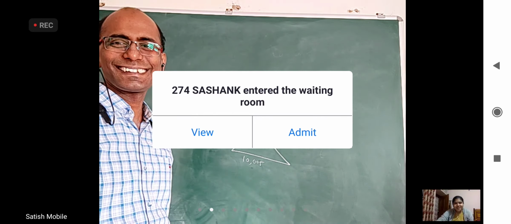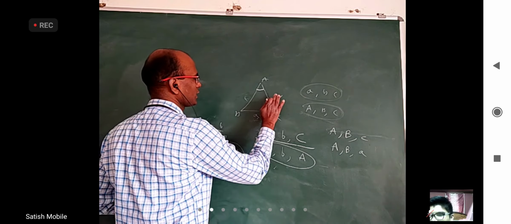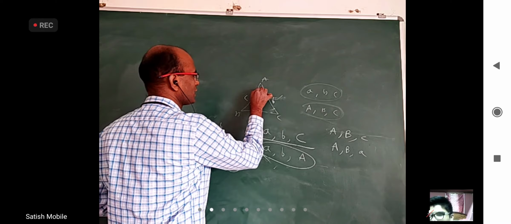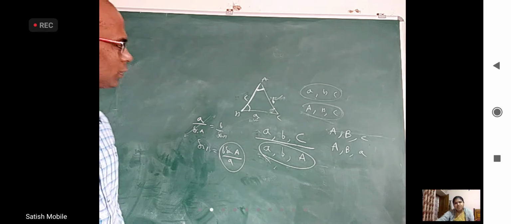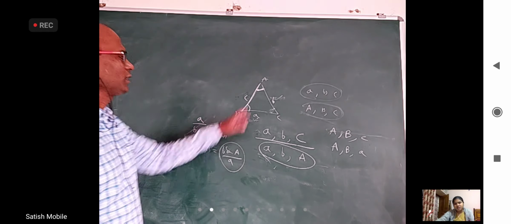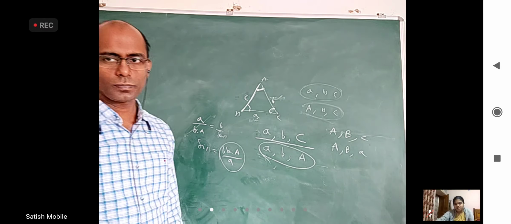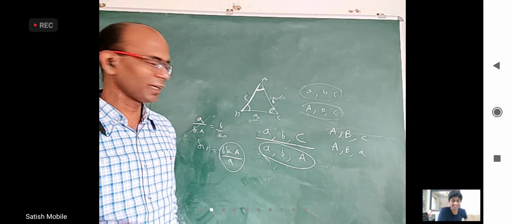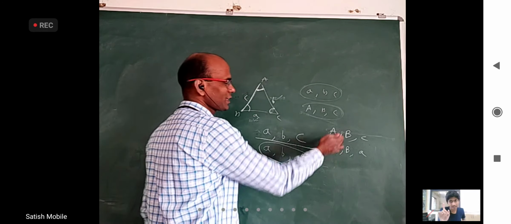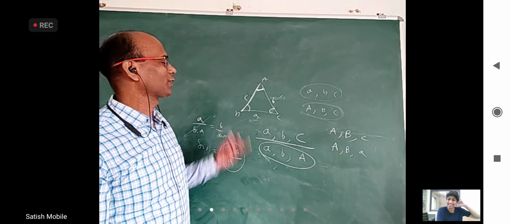Let us see that. Let us say they gave angle A, angle B and side C, or angle A, angle B and side A. When you take two angles and the side included between them, angle A is this, angle B is this, and they gave this side. If you know two angles, you basically know the third angle also, right? So there is no point in saying two angles are given, because then the third angle is given too. So there is no difference. This and this are the same. No problem with that.